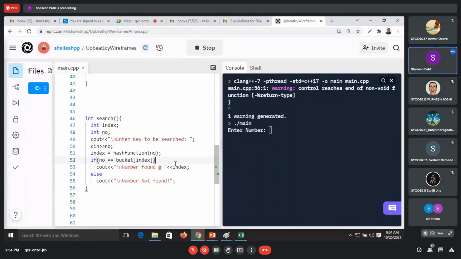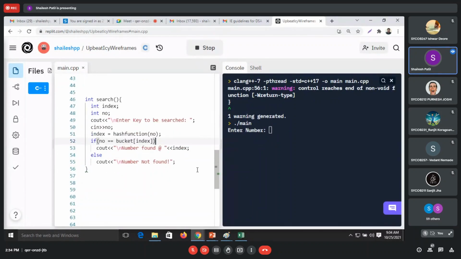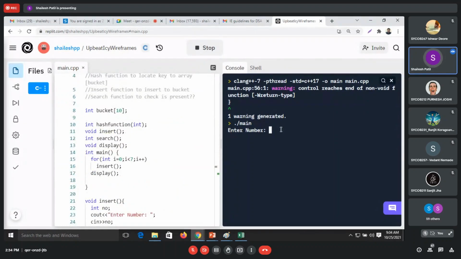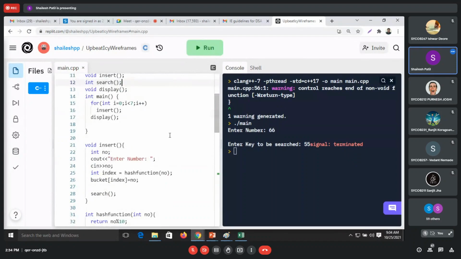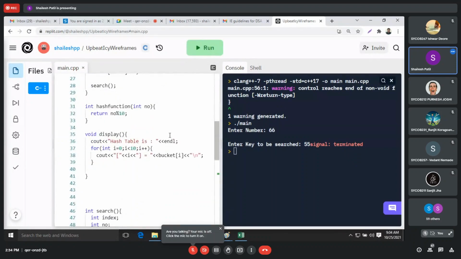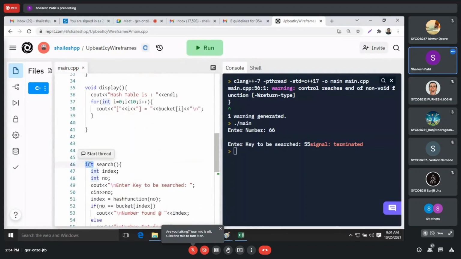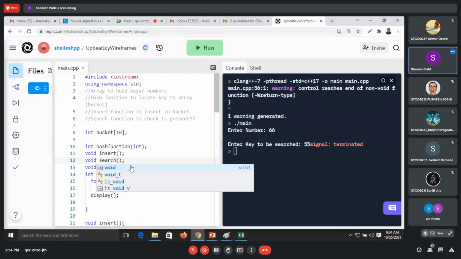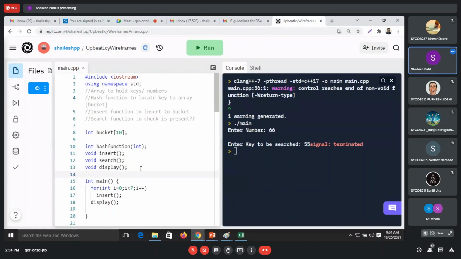It should return a warning. Okay, no issue, we have not returned anything from search, no need to return. Okay, so number I will write 66, 50.